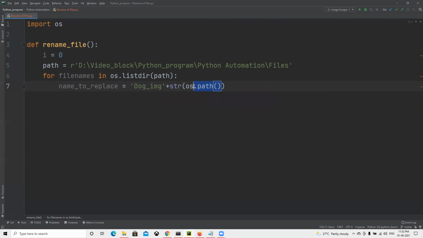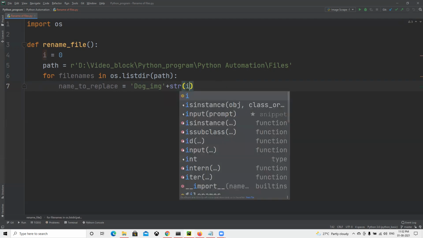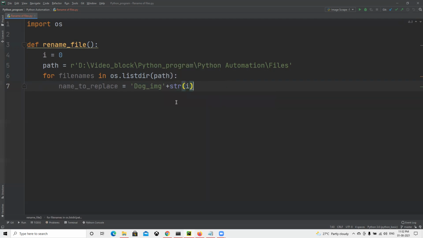So the first time it will be 0 and then I will increment it, depending on how many file names there are. It will concatenate with the extension I wanted to add, dot jpg. So now my name will look like dog underscore img 0, 1, 2, 3, whatever I am going to pass here, dot jpg. So this one is name to replace.